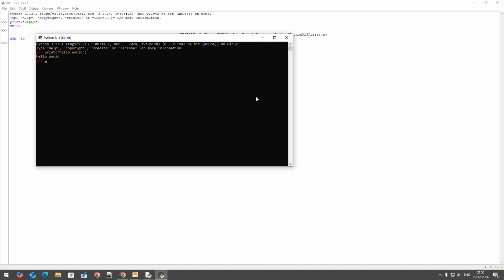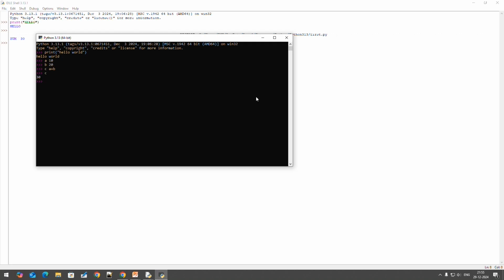So this is another way to execute Python with the help of the Python interpreter, or the Python command prompt, right? You can define variables here: a, b equal to 20, c equal to a plus b, and then you can print the value of c, right? So this way, one by one